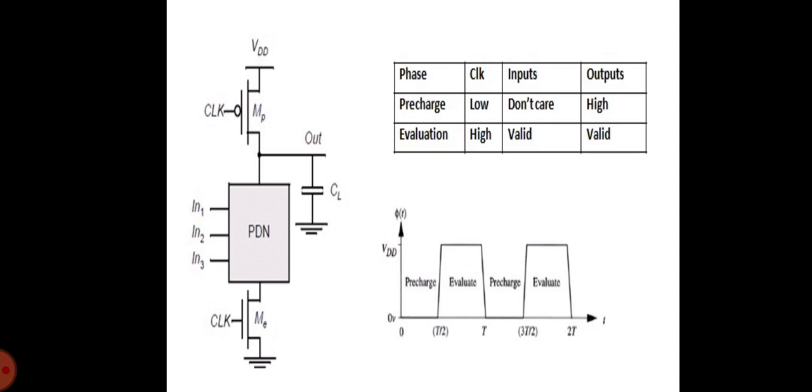During the evaluation phase, the only possible path between the output node and the supply rail is to ground. Consequently, once Out is discharged, it cannot be charged again until the next pre-charge operation. The inputs to the gate can thus make at most one transition during evaluation. Notice that the output can be in the high impedance state during the evaluation period if the pull-down network is turned off. This behavior is fundamentally different from the static counterpart, which always has a low resistance path between the output and one of the power rails.